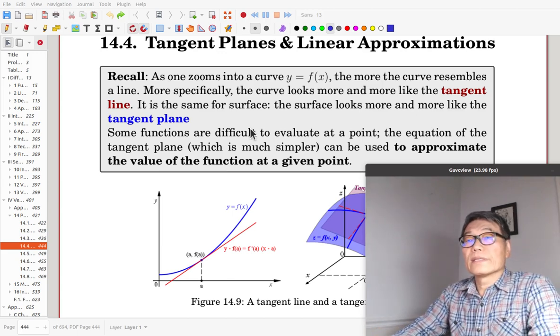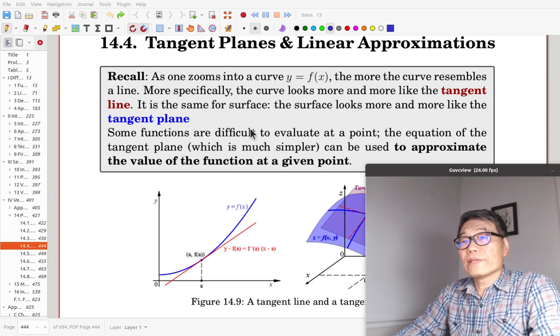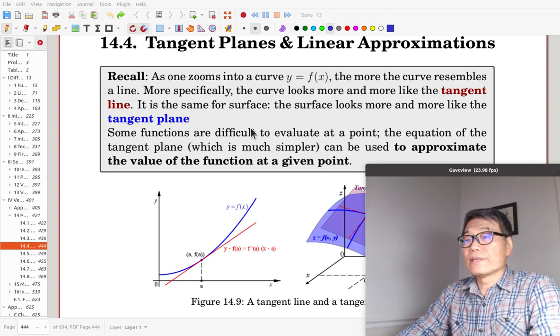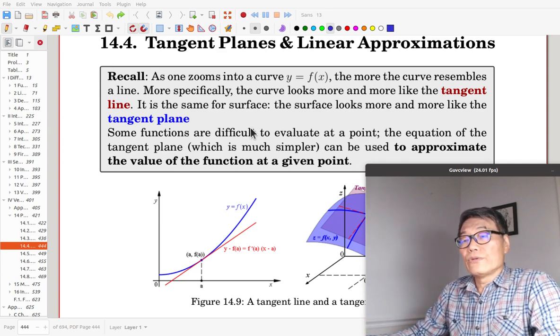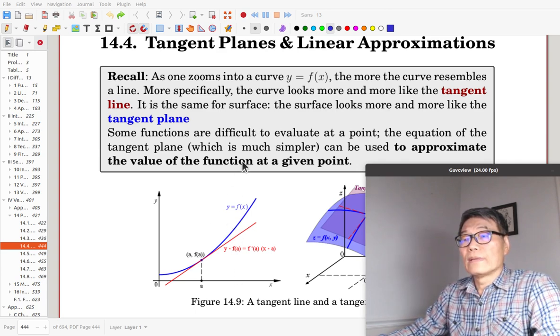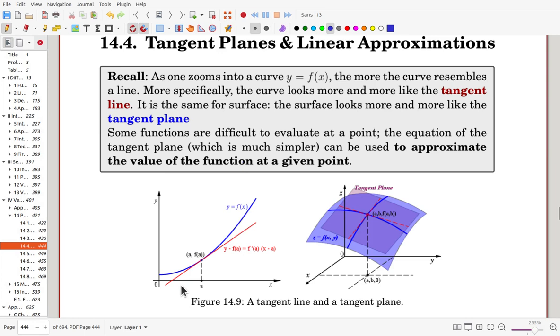This is section 14.4, tangent planes and linear approximations. In Calculus 1, you learned how to get tangent lines using the derivative as the slope. Look at the figure on the left side. For the curve y equals f of x, this is the tangent line, and this is the